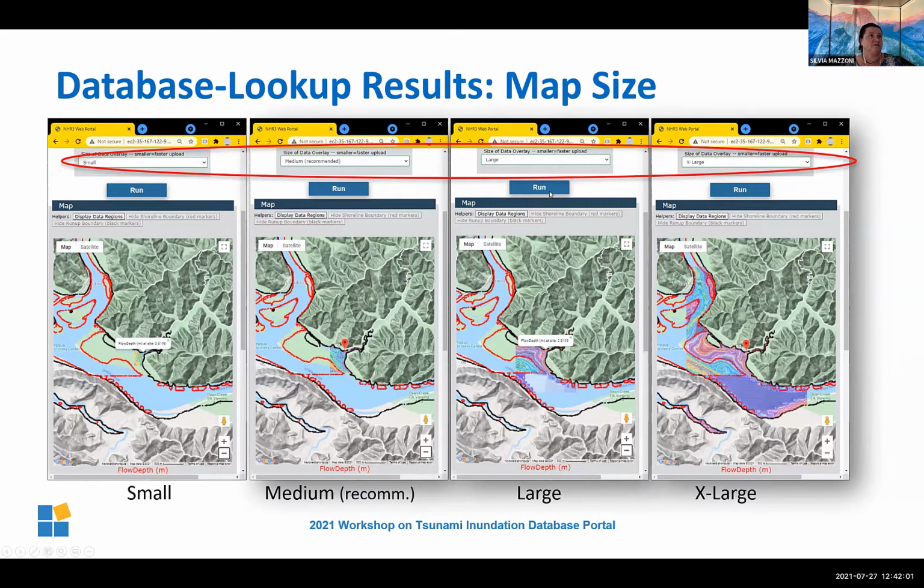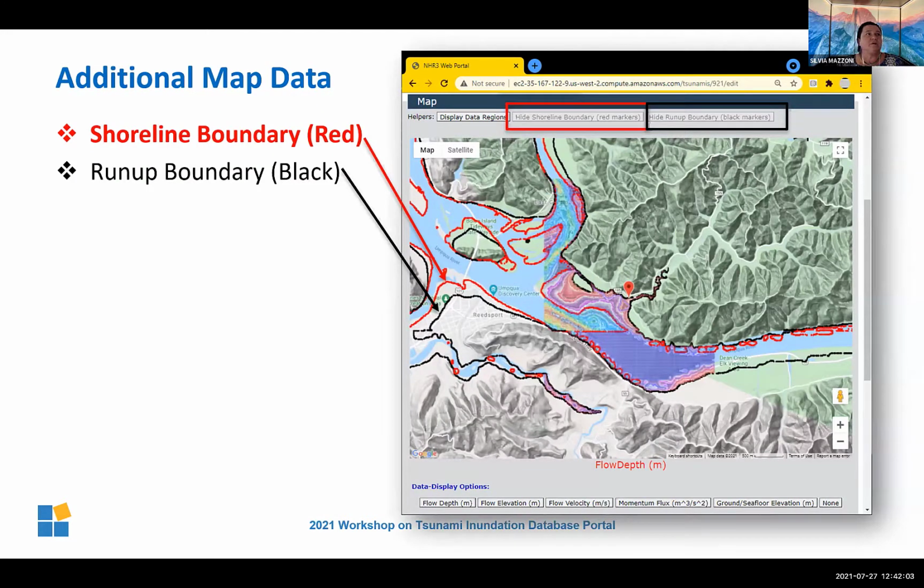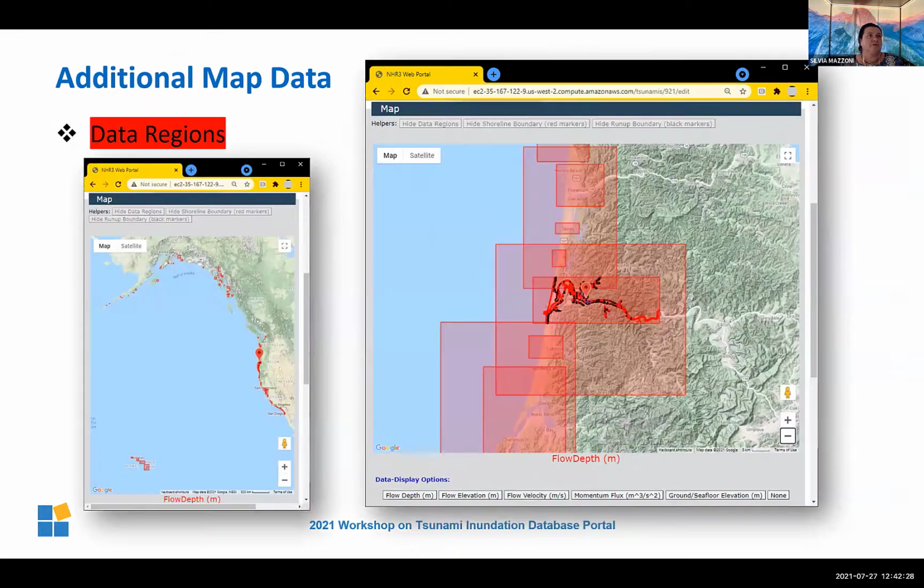on your same site. As Pat already talked about, you'll see two different types of boundaries and additional data in your map. The shoreline boundary is shown in red and the run-up boundary is shown in black. You don't need it for the database lookup, but you'll need to know about it when you're doing the energy grade line. You can turn these on and off if you want to visualize them or not, but they're automatically on in your output. The additional data, which is what Pat has shown you, is an idea, just a visualization